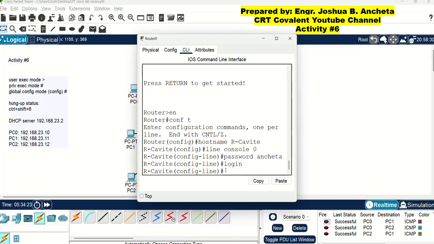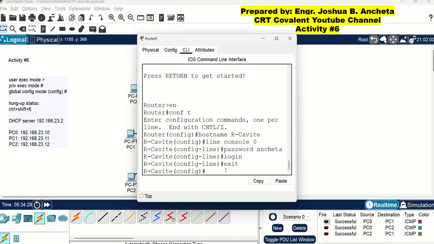Okay. So next, we have to exit from this mode, and go back to the global configuration mode. This is now to enter a password for the privilege mode. So we have to type here enable secret, then our password for entering the privilege mode.